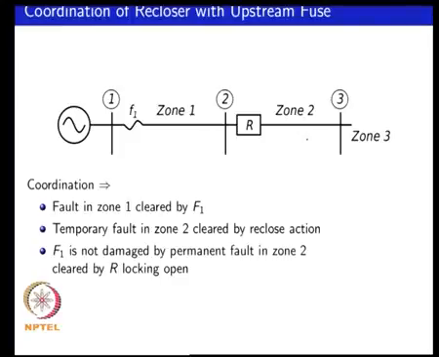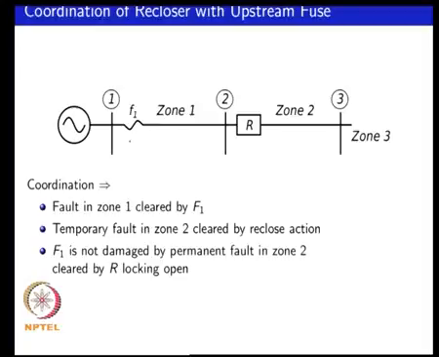its reclose action. If you have a permanent fault in zone 2, then your fuse F1 should not get damaged, which means that your recloser should lock open before fuse F1 gets damaged. In the previous example, your recloser should not get locked open before your downstream circuit breaker operates. In this case, you want your recloser to lock open before your upstream fuse gets melted. We will look at this particular example in greater detail in the next class, and